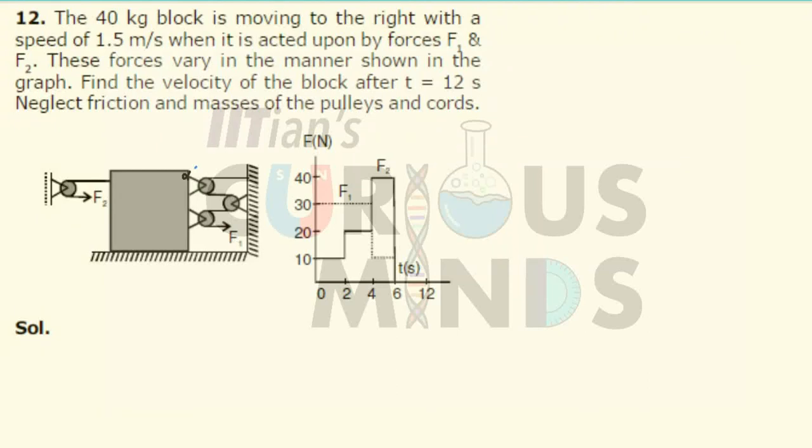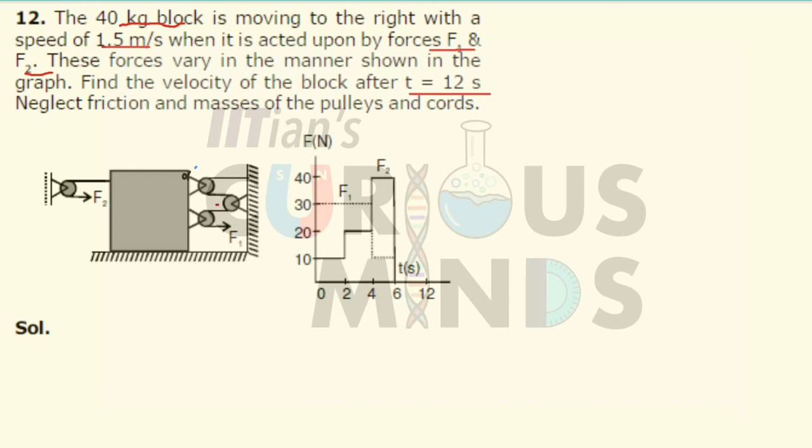A 40 kg block is moving to the right hand side with a speed of 1.5 meters per second. When it is acted upon by the two forces F1 and F2, we have to calculate the velocity of the block after 12 seconds. If you see the free body diagram of this block, the F1 acts in the right hand side direction,